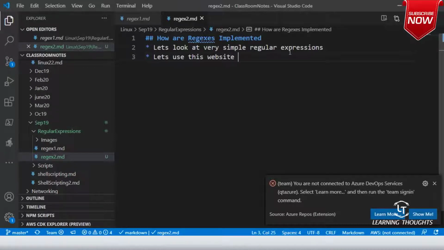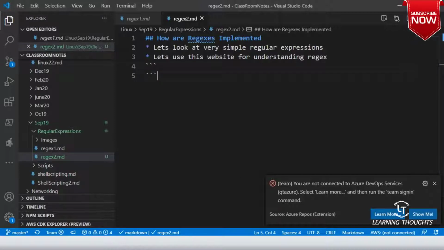It might not have all the dialects which we have discussed, but it will show you PCRE, for understanding regexes.